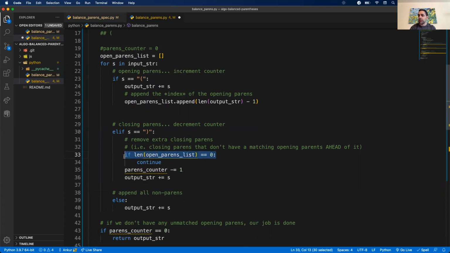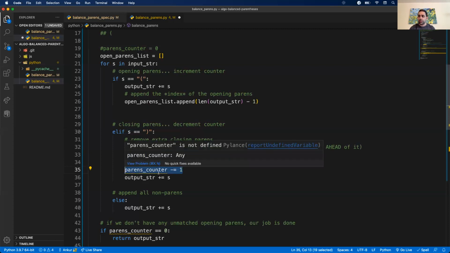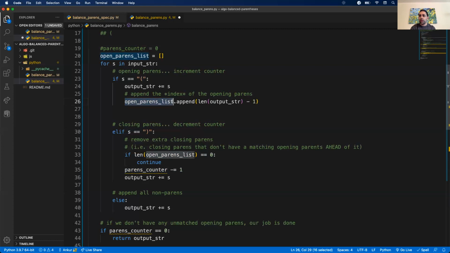All right, so we check if that is 0. That means we don't have any opening parentheses that we found so far. Therefore, we're going to ignore any closing parentheses. That logic does not change. Parens counter minus 1, this is where it gets a little different. Again, instead of just decrementing a counter, we actually want to remove the last opening parentheses that we inserted into this container. So opening parens list,